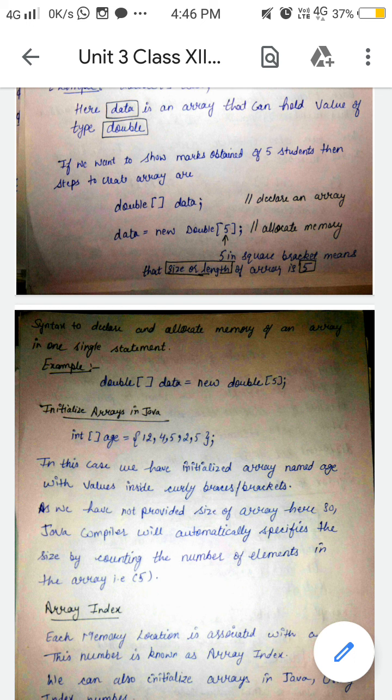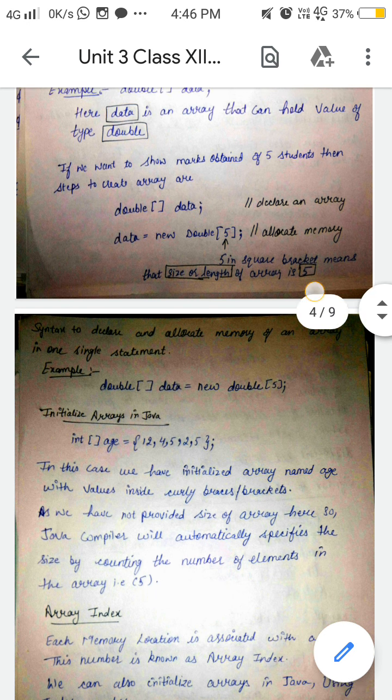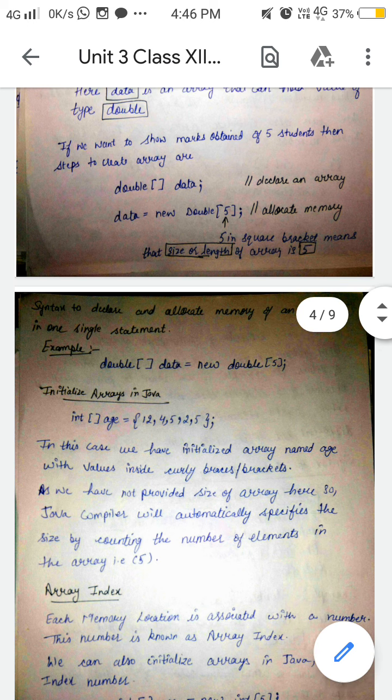Okay, so now you have to allocate memory, as you have to save the values inside this array. So data is equal to new double, and in these square brackets you write the total number of values you want to store in your array. Okay, so this is the method of allocating memory.